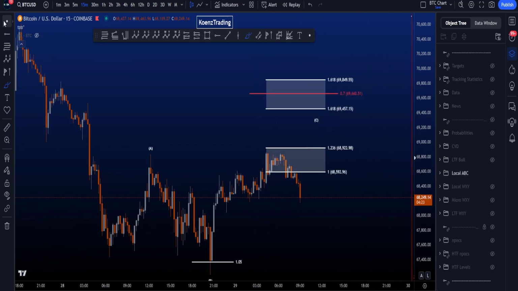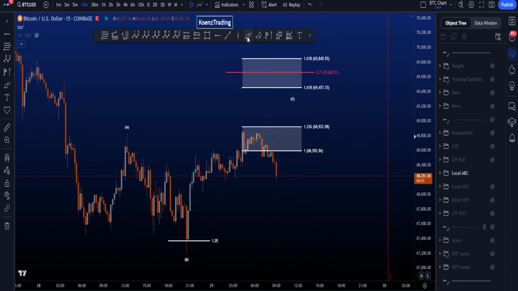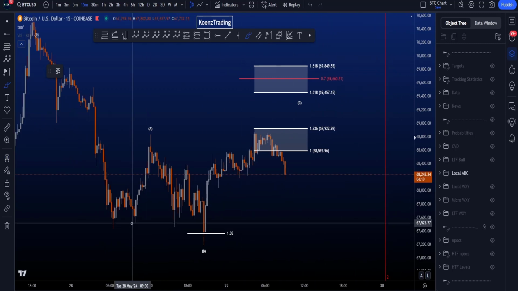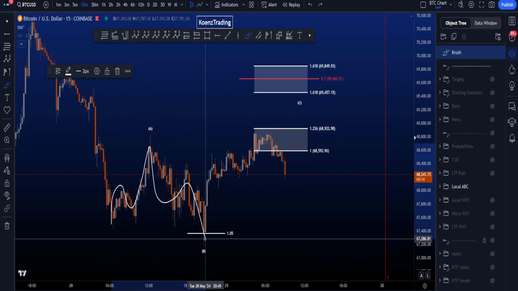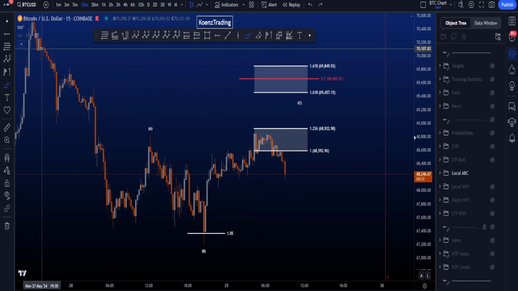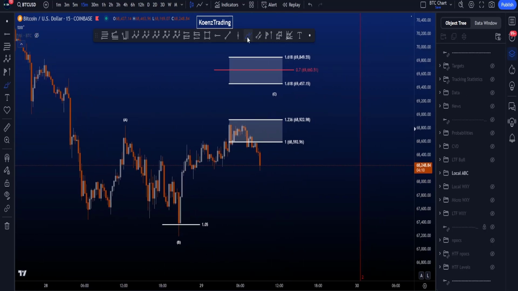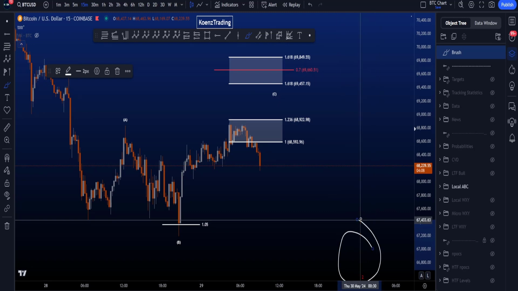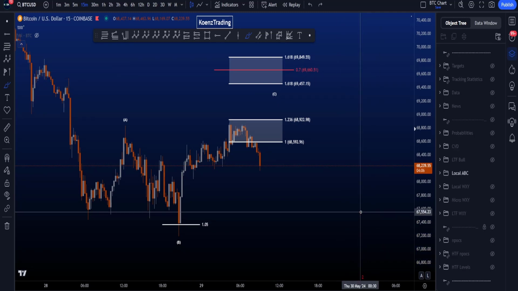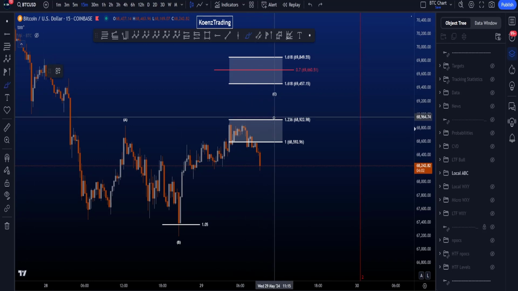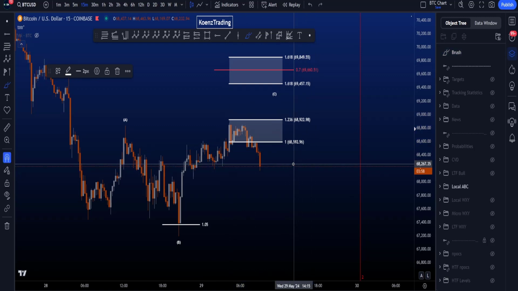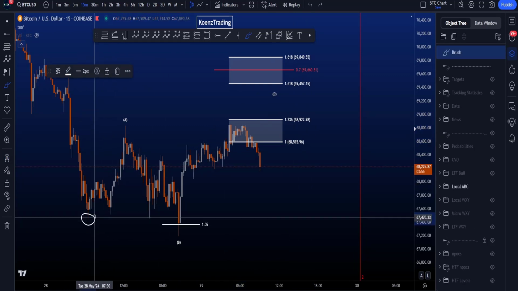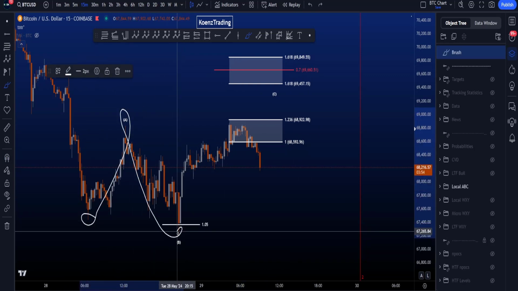Now, alternatively, if you do move towards the upside, we can count this range a little bit differently, where we then have a 3-wave A, complex structure in a wave B, and then a bigger 5-wave C towards the upside. In this case, we have enough time because the 2 fib time here is only sitting on the 30th of May, so that is perfectly fine. And the target for your wave C, well, the first target is the target that we've hit, the 1 to the 1.236 trend-based fib extension, taken from the low to the high of A to the low of wave B